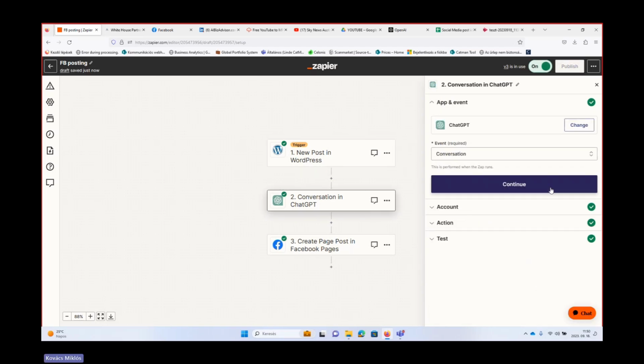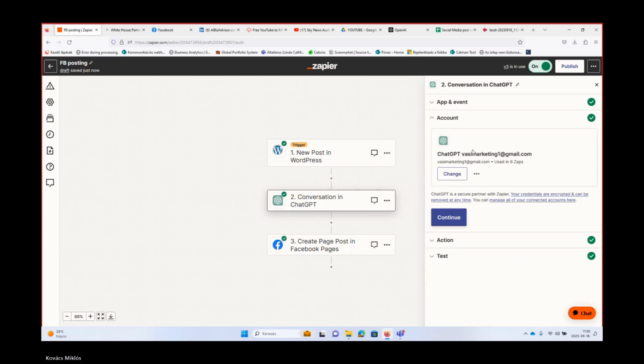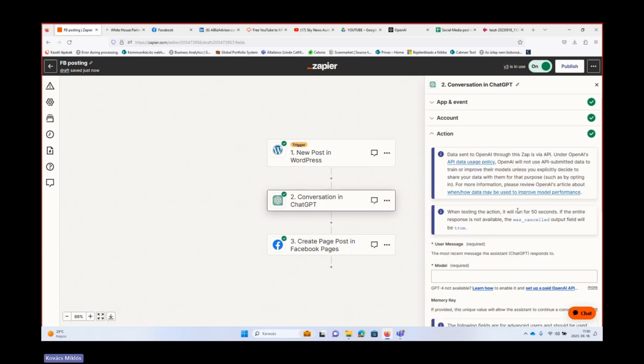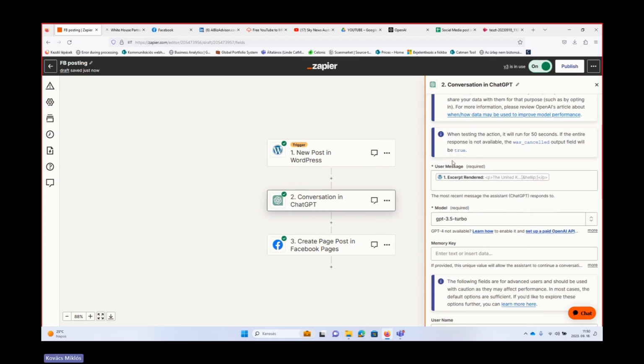Really nice. And then ChatGPT, the event is conversation again. The ChatGPT account is linked. And then the input, the user message, is this excerpt rendered.